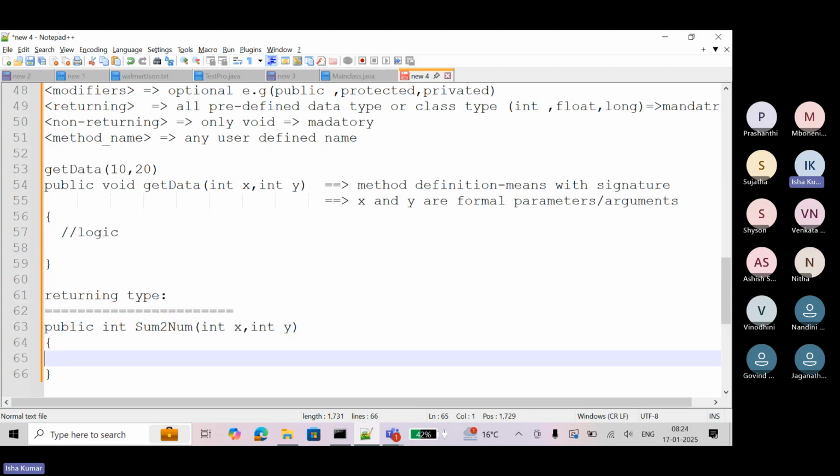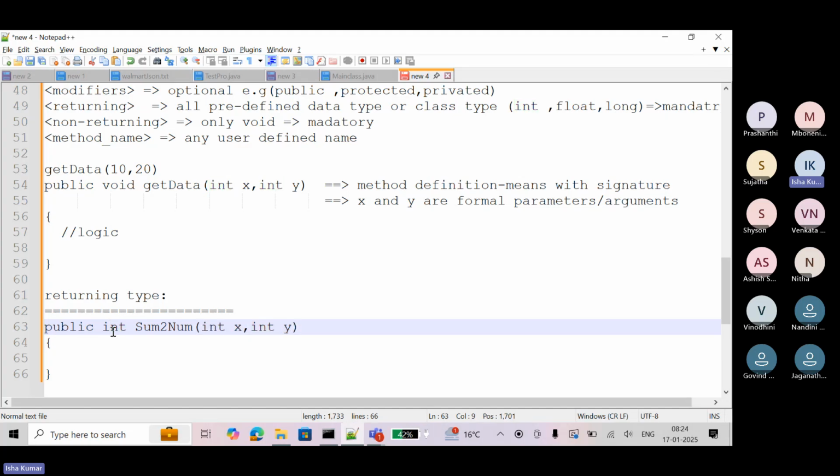So here it should return the same type. Always compatibility should be there. Whatever returning type you have written, the value returned should be compatible with this returning type. So we should take care of that.